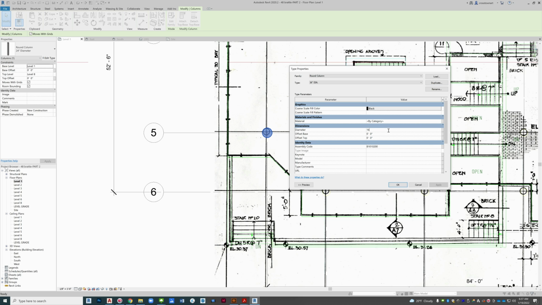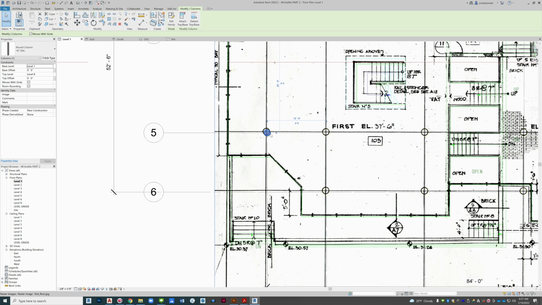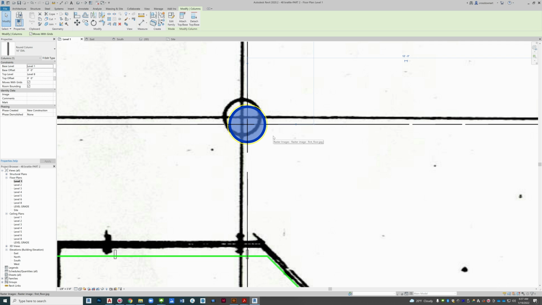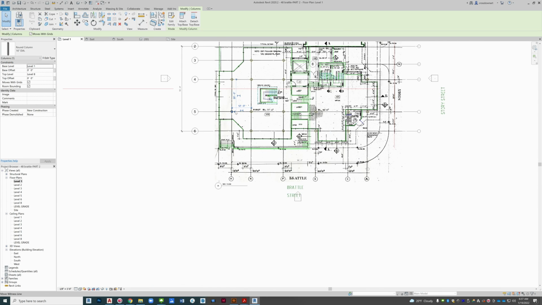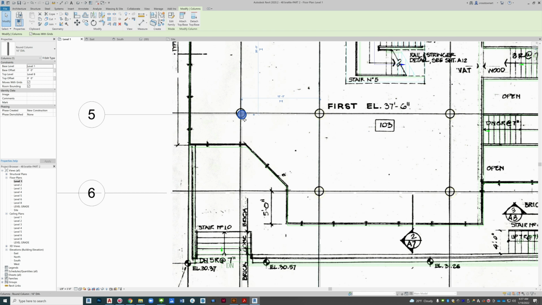And 16-inch. Okay? So now we got the right column size, and that will do. And keep in mind, very delicate at this point, a